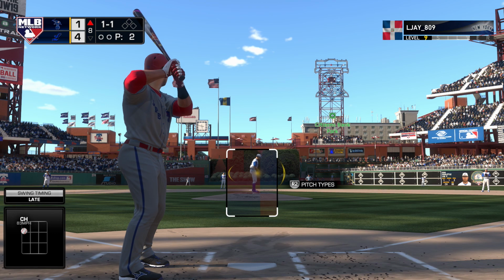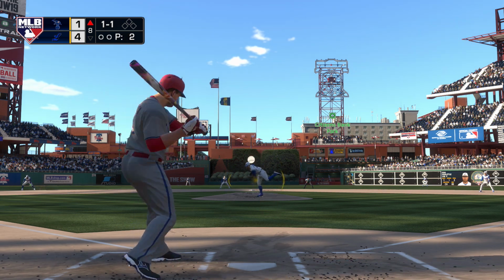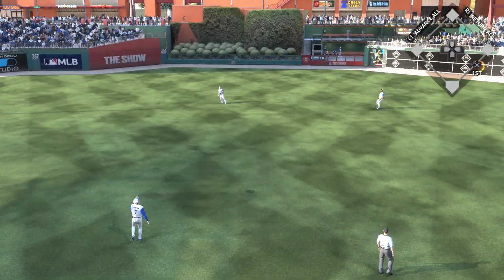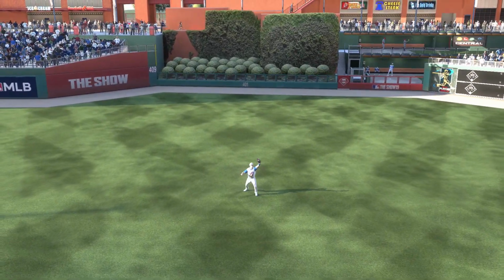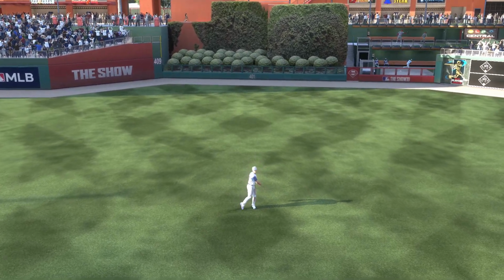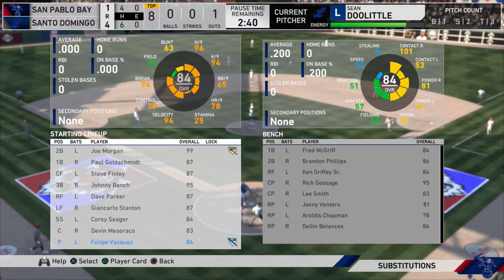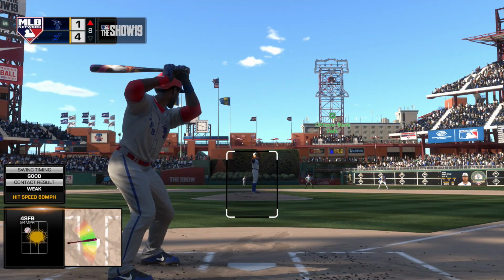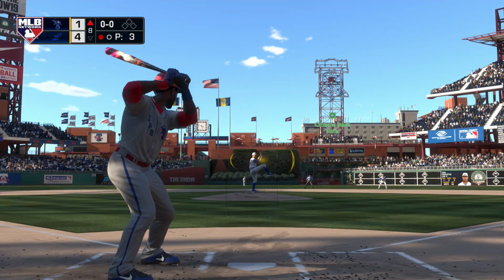Hey, this offense needs to get it going right here. Somebody has to take it upon themselves to have a quality AB and get this team to start thinking past the baton mentality. They cannot continue to go up there and look like they have no game plan. Brandon Phillips will move into the on-deck circle now to try to get something started here with 1 gone